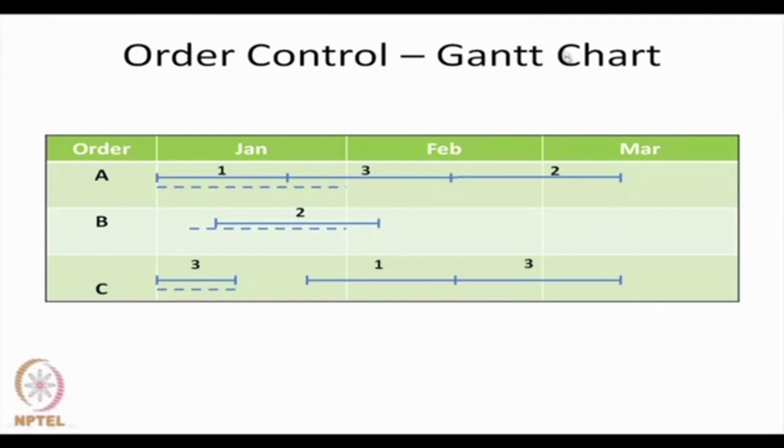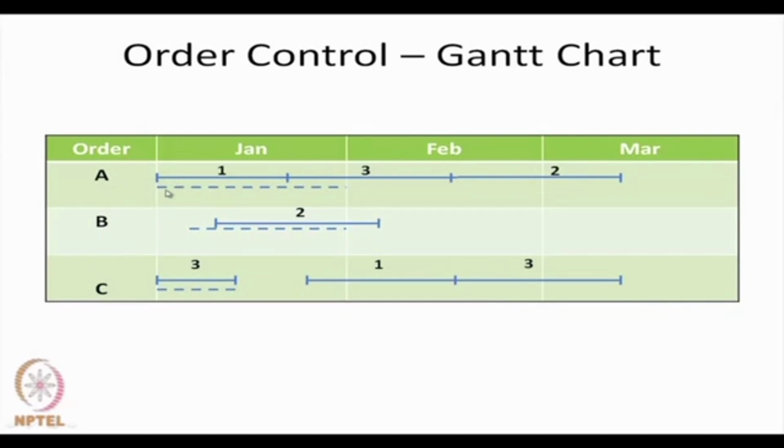Henry Gantt is credited with the idea about this chart, in which he said that in the x axis we can plot time in terms of days, or in this case dates in the month of January, February and March, and in the y axis we can show different things. In this particular case, we are showing how each customer order is processed,